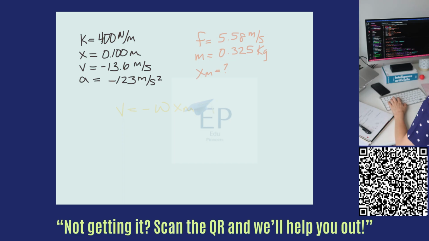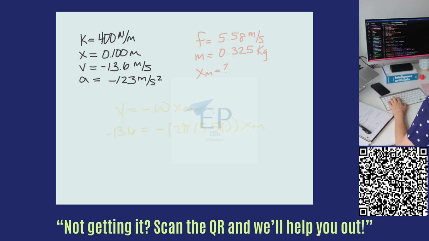We can leave it just with omega times xm. So we would end up with negative 13.6 equals negative, and we're going to put in our 2 pi f again because we have our frequency,